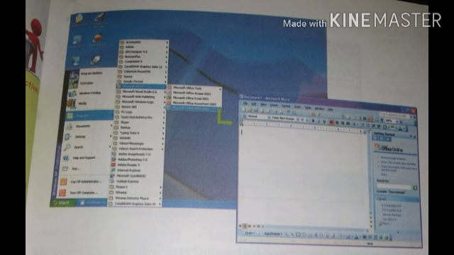What do you know about MS Word? I will explain chapter 3, MS Word. MS Word means Microsoft Word. I will tell you how to start MS Word, components of MS Word, font formatting, to change the color and to change character spacing, saving the document in MS Word, opening an existing document.